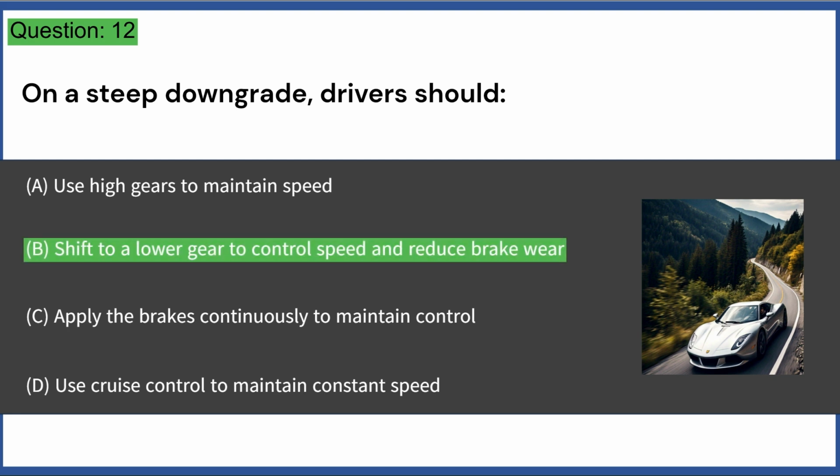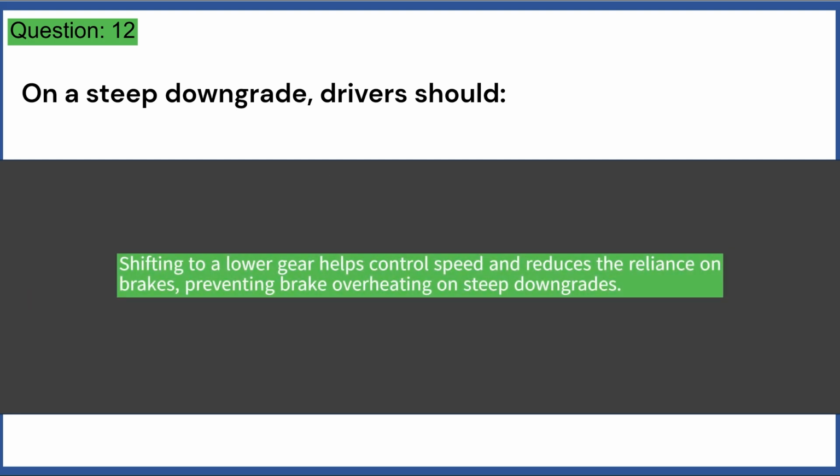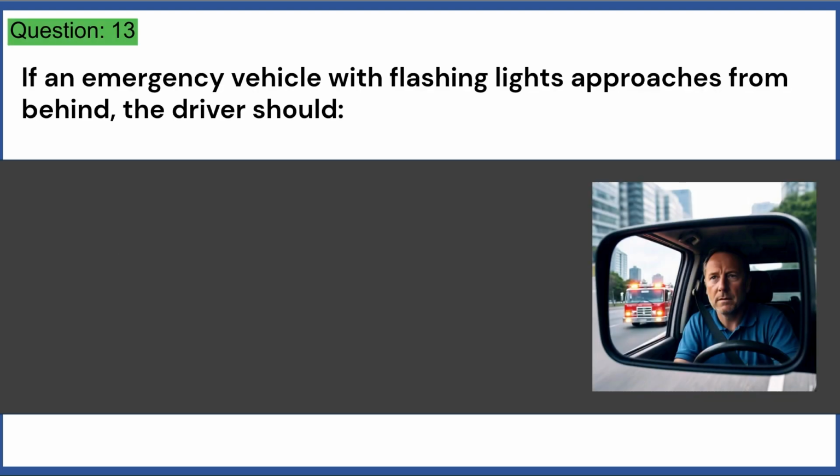Answer B. Shifting to a lower gear helps control speed and reduces the reliance on brakes, preventing brake overheating on steep downgrades. If an emergency vehicle with flashing lights approaches from behind, the driver should: